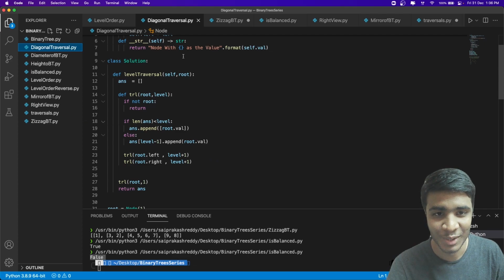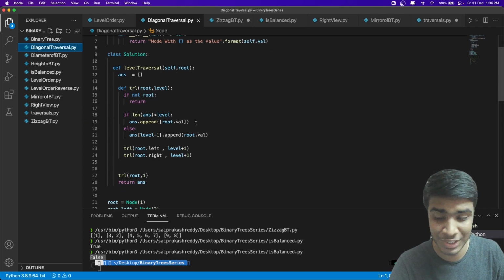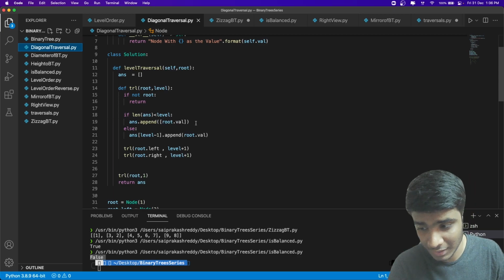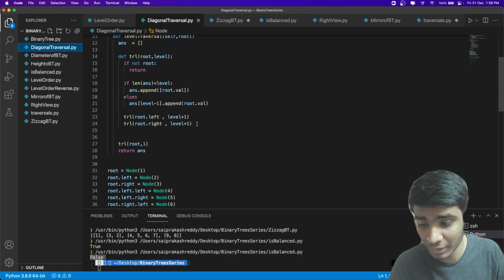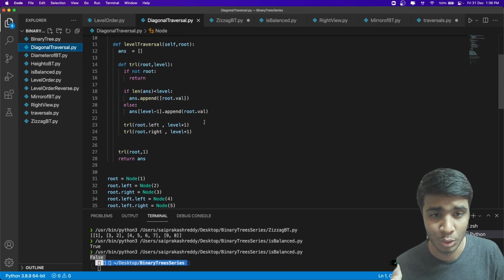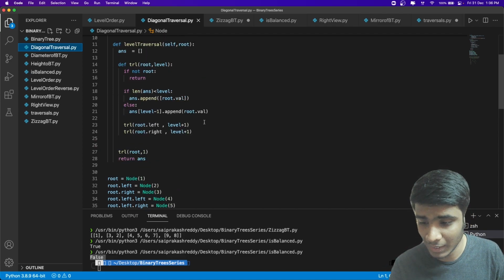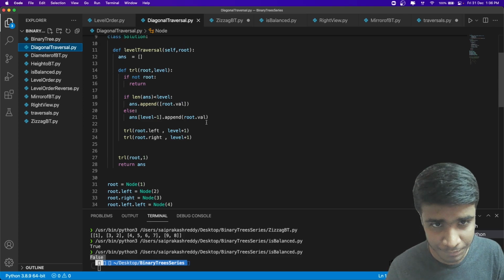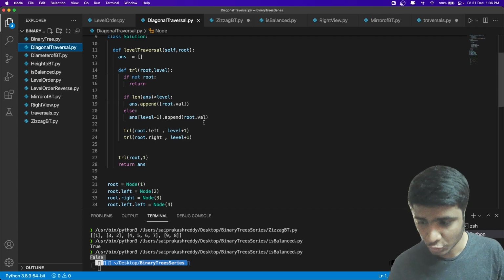One thing, guys: we already have a level order traversal. To be honest, we can make only one change here to get the diagonal elements. Would you believe that? Yes, there's only one change that I can make to this problem, and I would get the entire solution here. Should I tell you how?